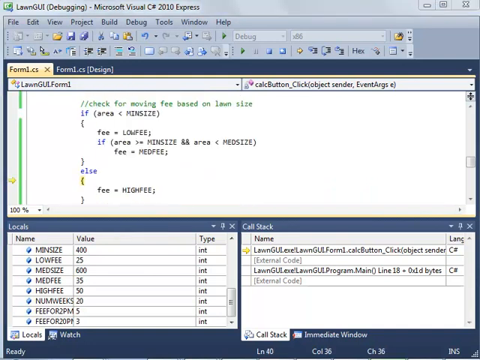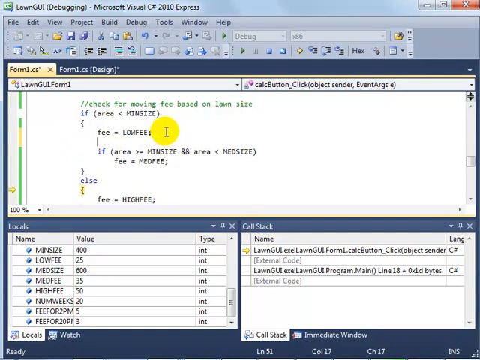So let's go through and figure out how we should fix this logic. So the problem is when I did this test, the if area less than minimum size, for a small case I would get this code block, I would execute this, but I'm never getting to this for the medium size. What I need to do is separate this into that code block. Okay, so that's going to be the code block for if it's true, if it's a small lawn. And then I need to do an else if, and what I'm going to execute in this code block,